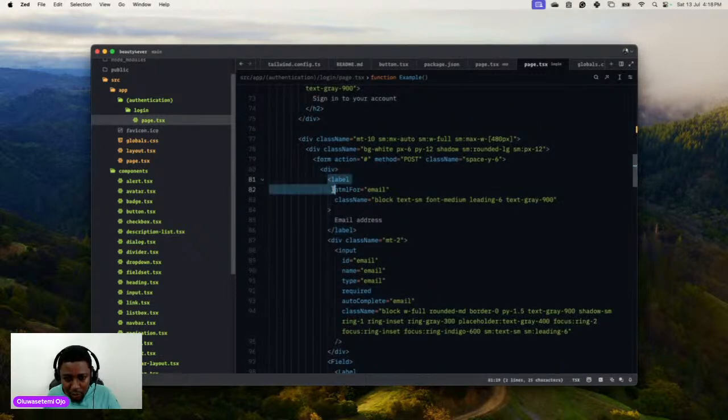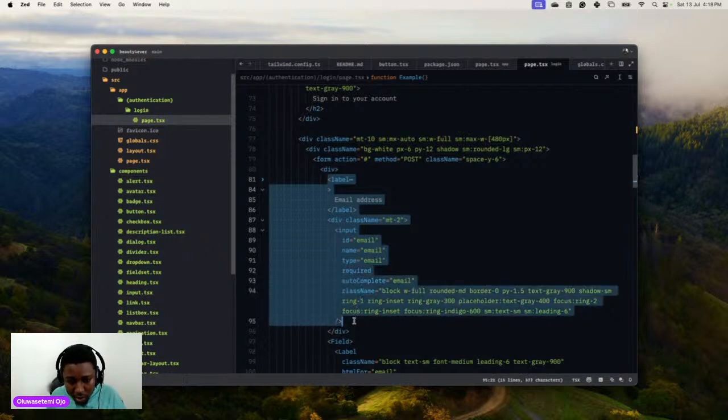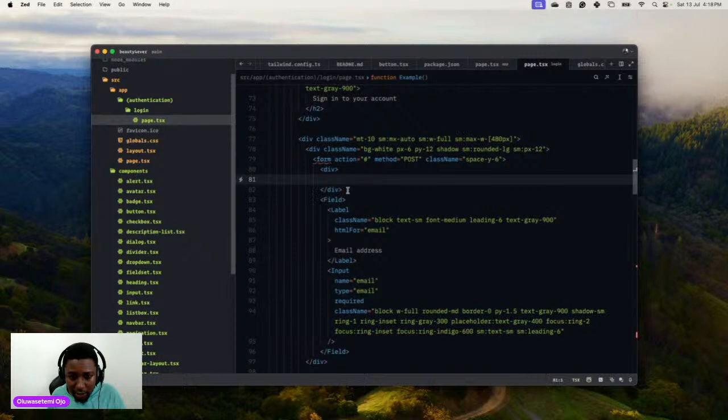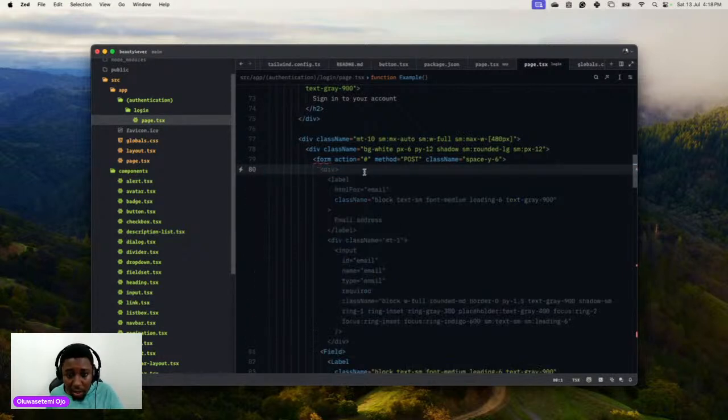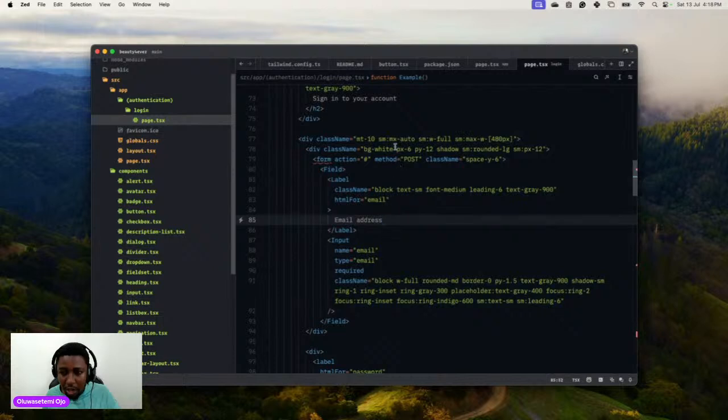Let's remove this one now. We can remove this entire one now because we don't need it anymore. Right. So we have this field, and yeah, we should have the email address